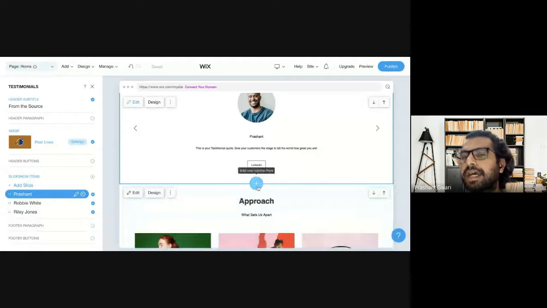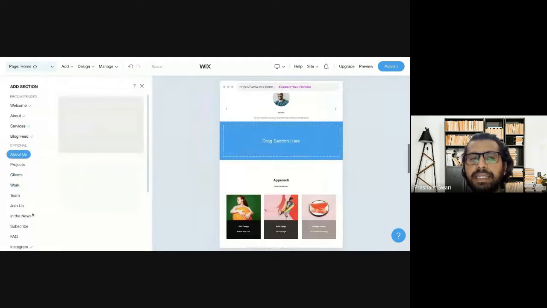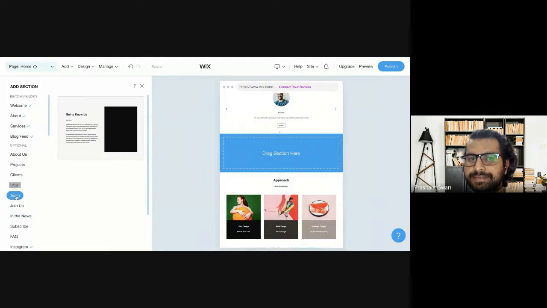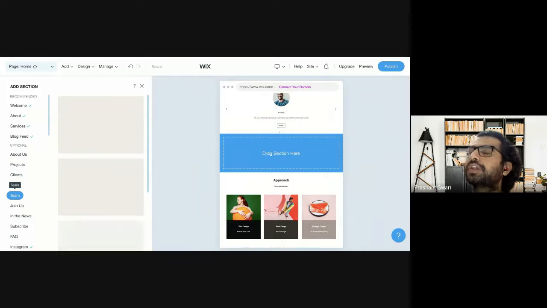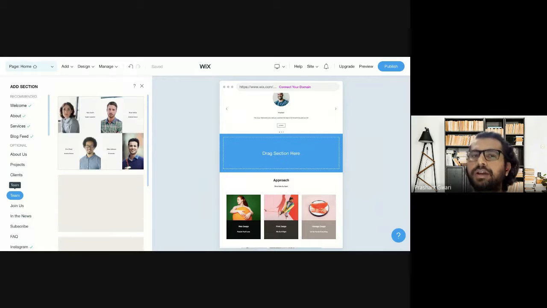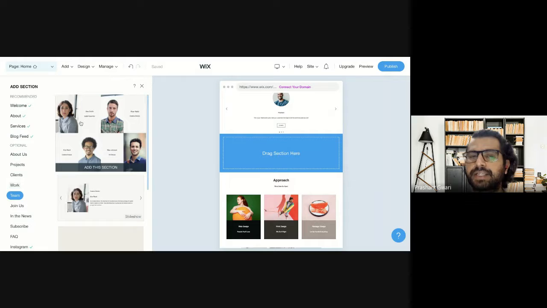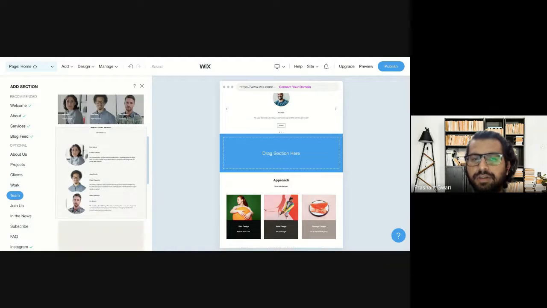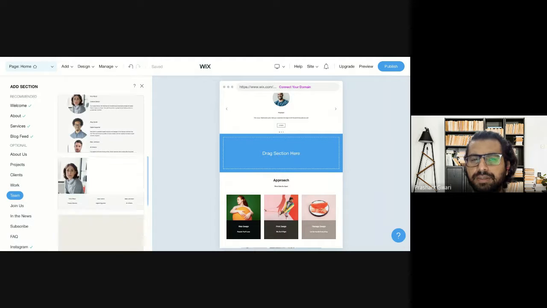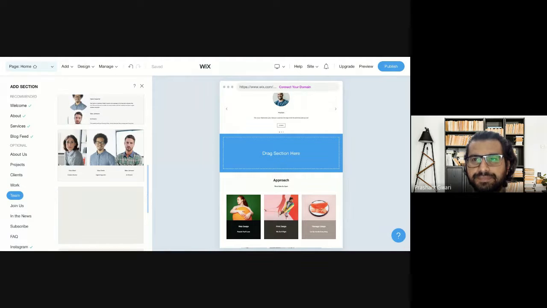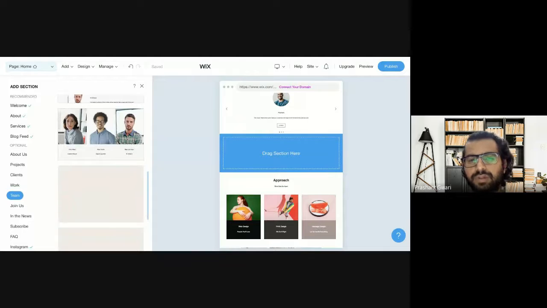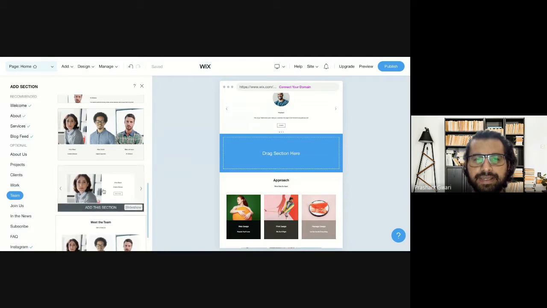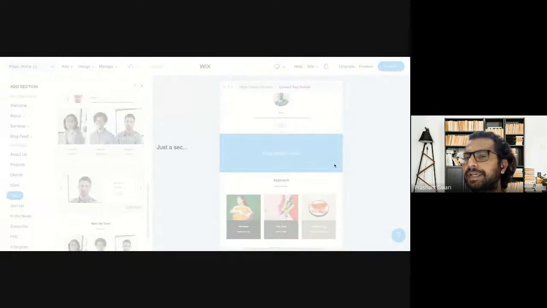So you can add another section, which is a team section like this one, meet my team, and you will start with yourself or your team member. So you can choose any section like this one or maybe this section. Any section for a team member you can choose from here. So let's pick one design from here, and I will go with this one, and it will be added here.